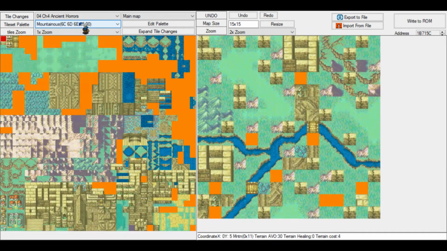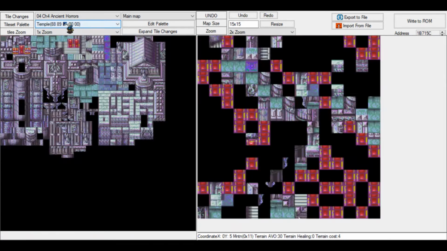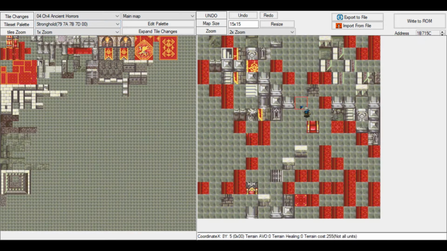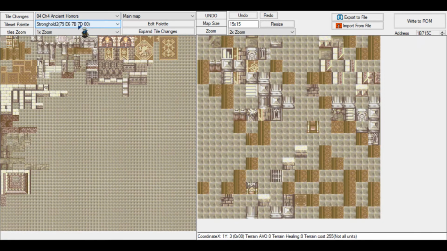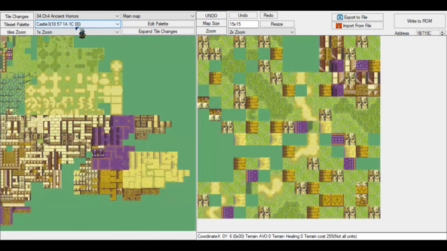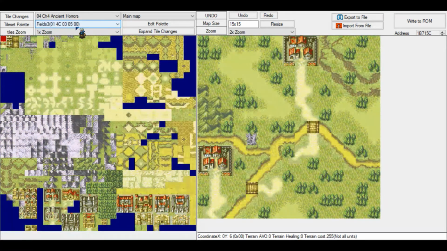Oh yeah, you have a different palette for that. I didn't even know. And then in FE6 they had this dragon tower thingy, as well as they use this in the Tower of Volney. Burn Castle and Grado Castle map, and also for flashbacks and stuff. But we will go with the regular Fields one.